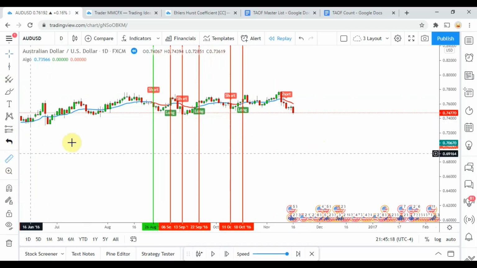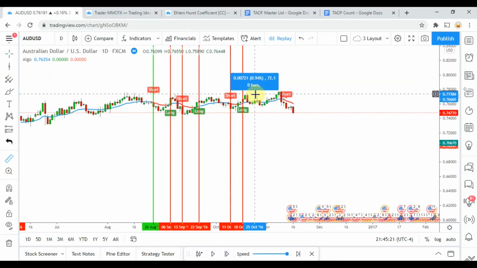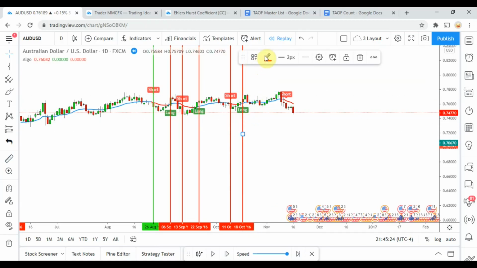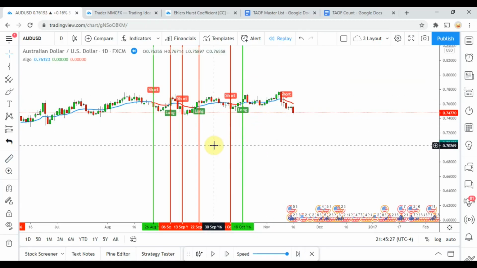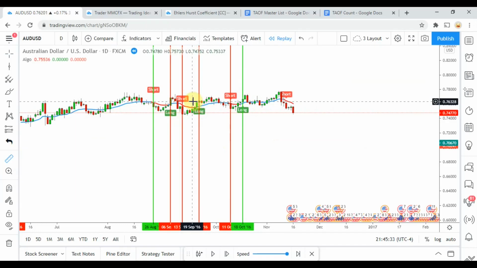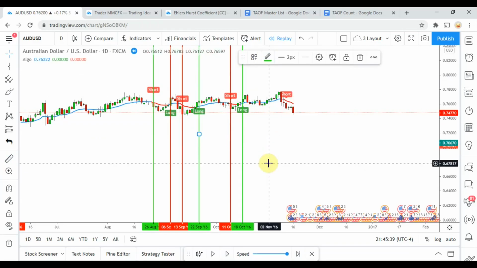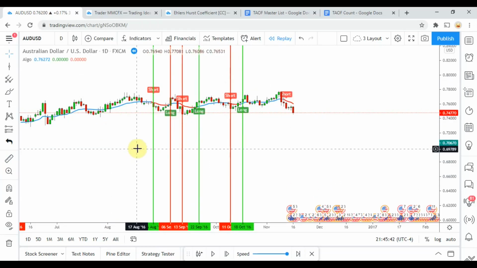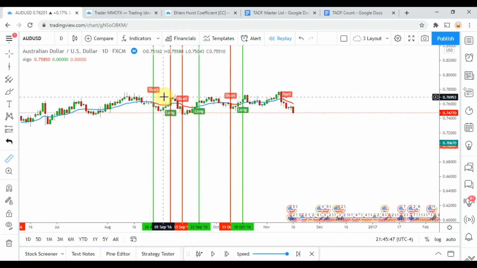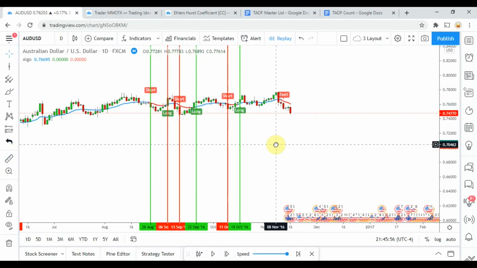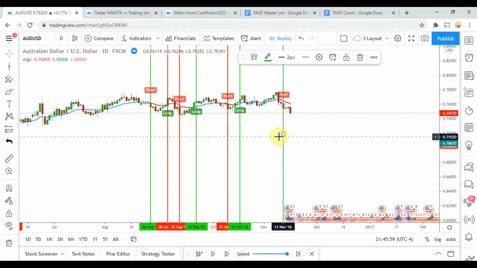Long signal right there. Would have barely squeezed out the 60 pips there. This one here, did we get the 60 pips? I think we did on that one. I think it just forgot to mark it. Yep, I did. Ad Ant's gonna call me out if I don't get this right. Let's see. There we go. Got things squared away.